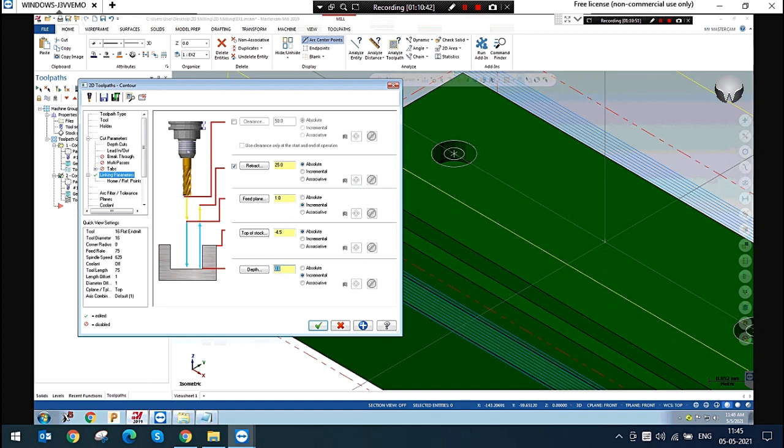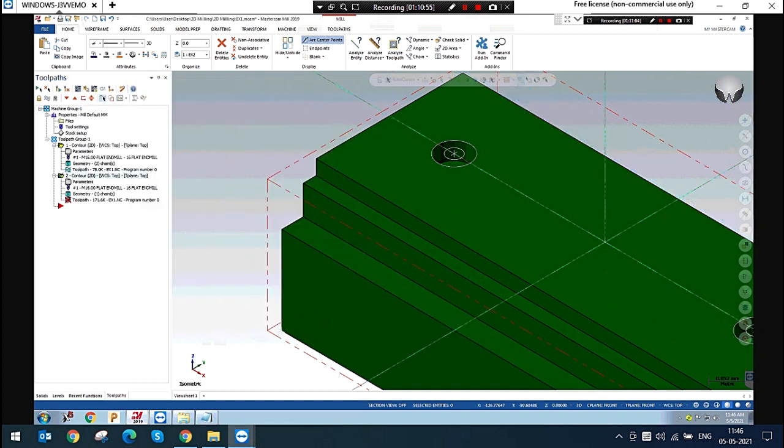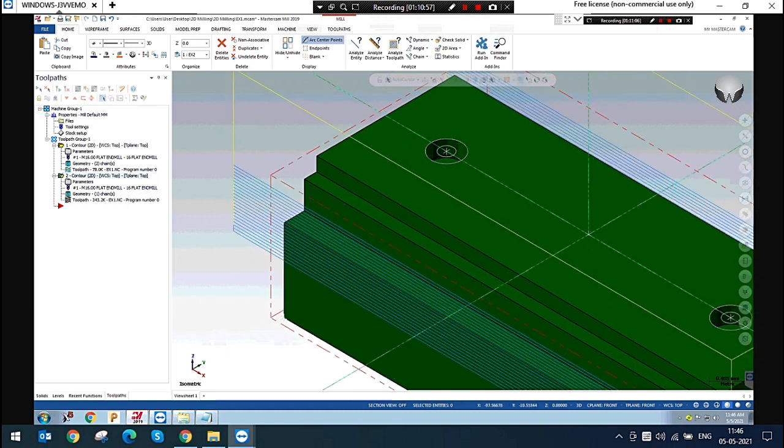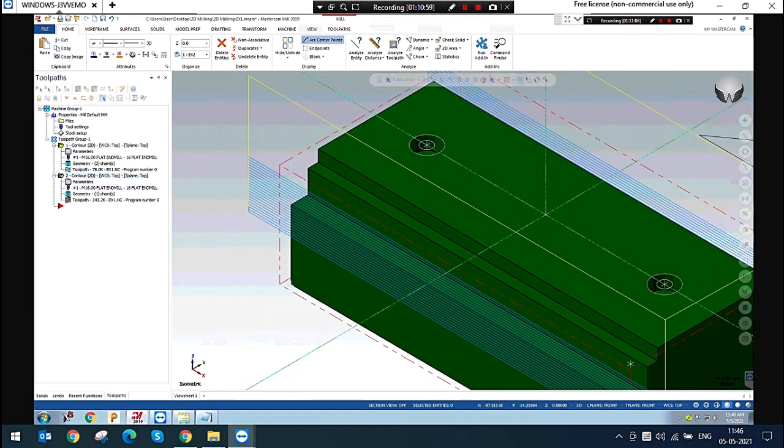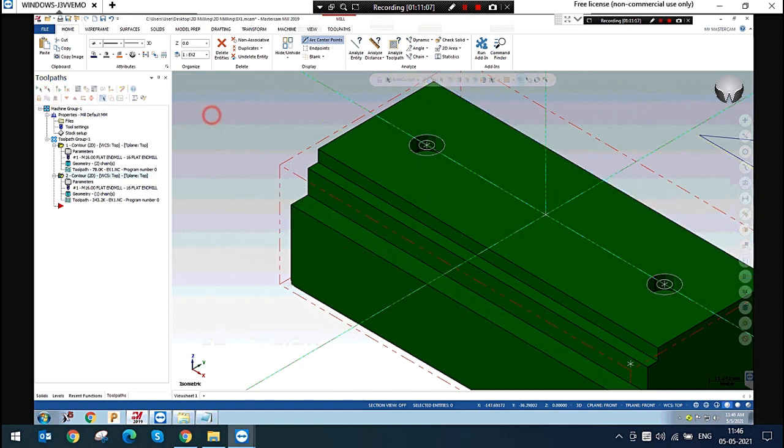How much is this? 15 minus 4.5 is 10.5, right? I have to give the length. That is incremental. You can see? Yes, that is the difference between absolute and incremental. Absolute, you need to give from the offset from the model. Incremental, from the length of the point.